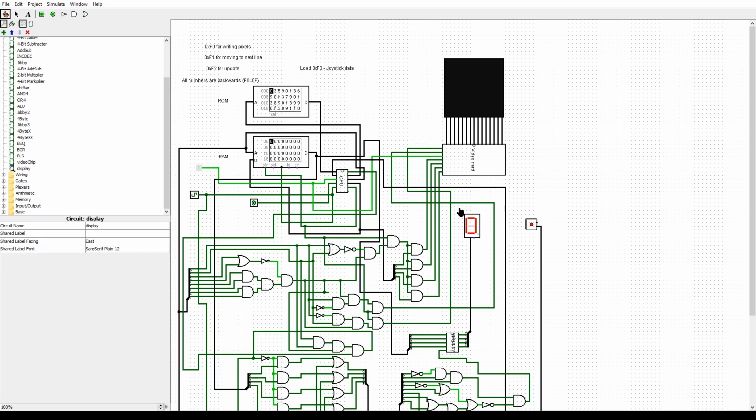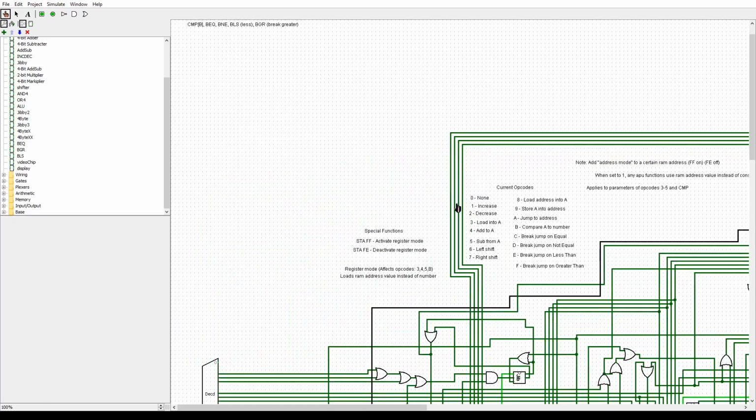So the CPU itself, it has 16 opcodes, which are basically the instructions it's able to do. So you could increase the number inside it, or its accumulator, decrease it, load numbers, add numbers, mostly just basic stuff. I won't get into it right now. But